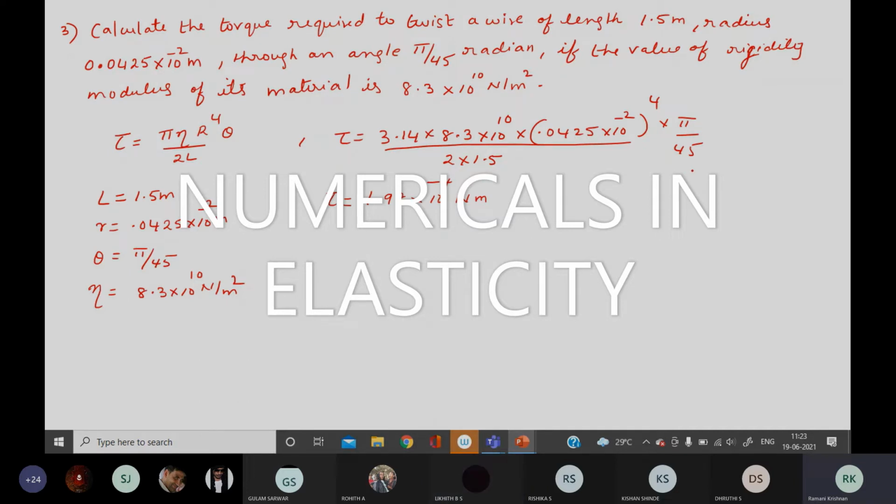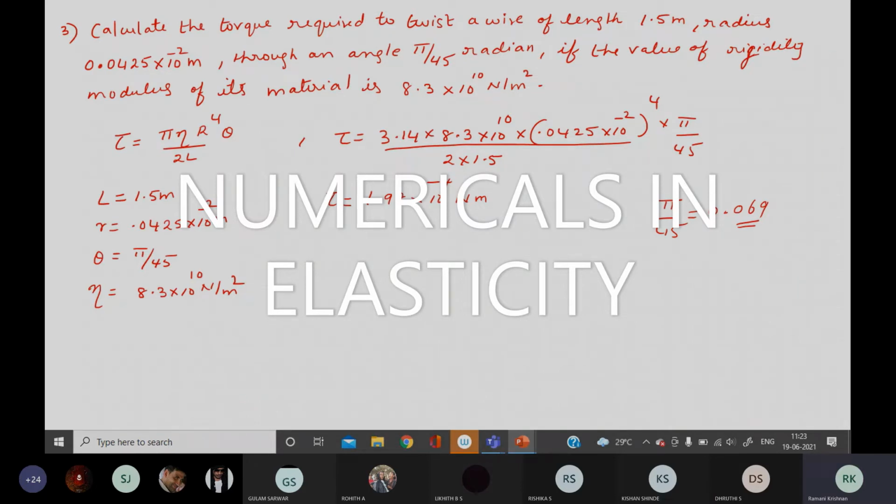What is the pi by 45 value, students? Ma'am, 0.069, ma'am. Good point. 0.069. What about others, students? Finally, one student comes out with some problem. 0.069 is correct, students? Yes, ma'am. Now you check once again, boy. 1.95 became a low value. If you say 1.978 something, okay. So we'll wait. You check again.